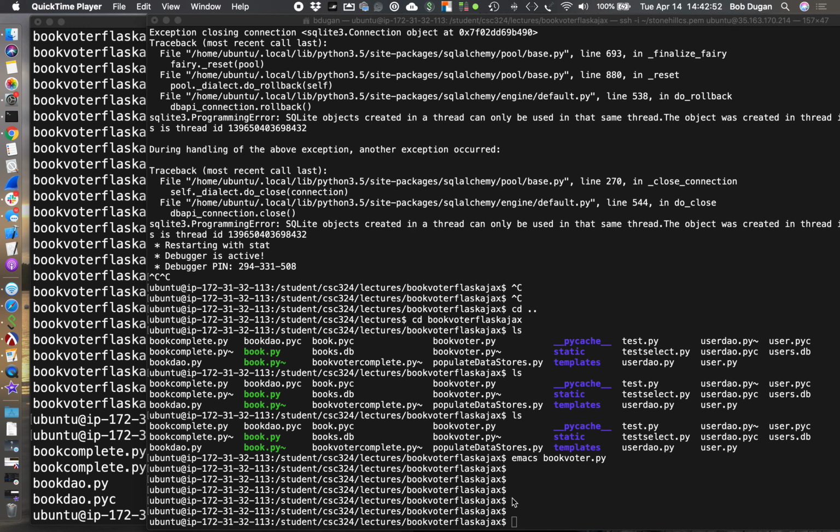Okay, well, we've looked at how to use Flask and Ajax together along with jQuery and JSON. And the thing is, if we run our program here,